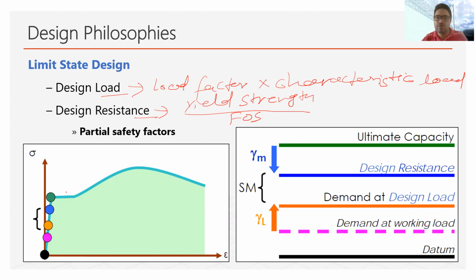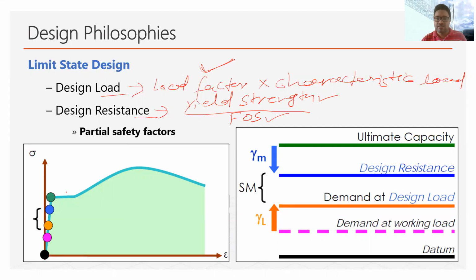Now here you can see that in the working stress method, we were applying factor of safety on material strength only, while in the ultimate load method, we were applying factor of safety to the load only. But here in the limit state method, we apply a load factor on the load and we apply a safety factor on the yield strength. Therefore, we have a comprehensive and rational approach in this method. And that is why these two factors used in this method are known as partial safety factors. Partial because partially they are applied to the load and partially they are applied to the strength.